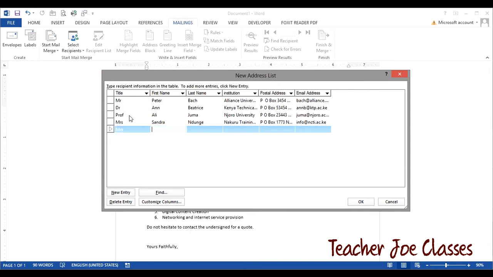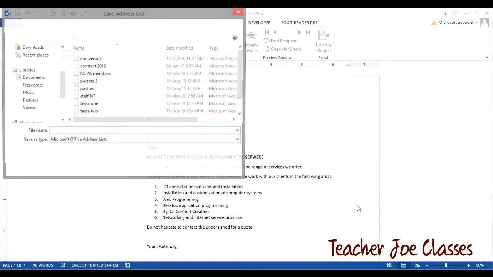Mrs. Pauline James, and she is from Meru National Polytechnic, PO Box XXX Meru, and it's P. James at Meru National Polytechnic.ac.ke. So once you have entered your addresses for the recipients, you click OK, and then it will prompt you